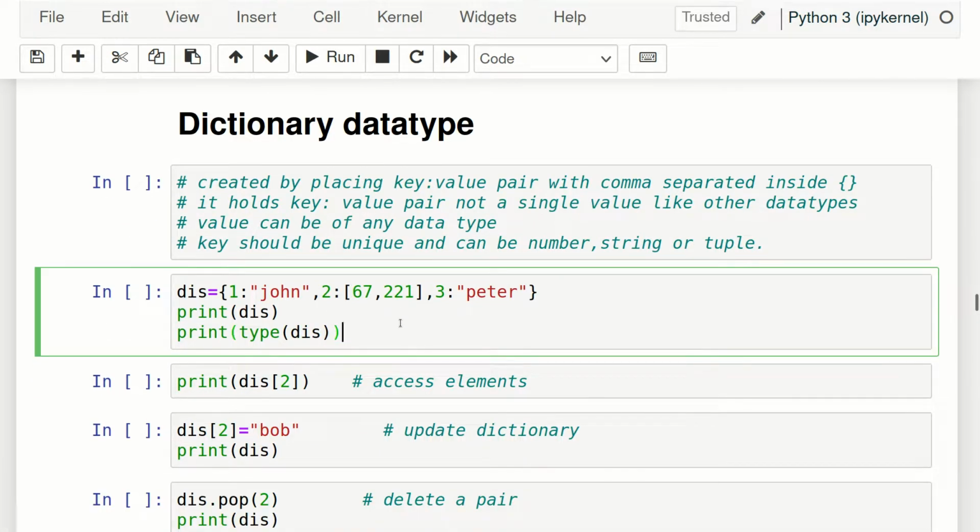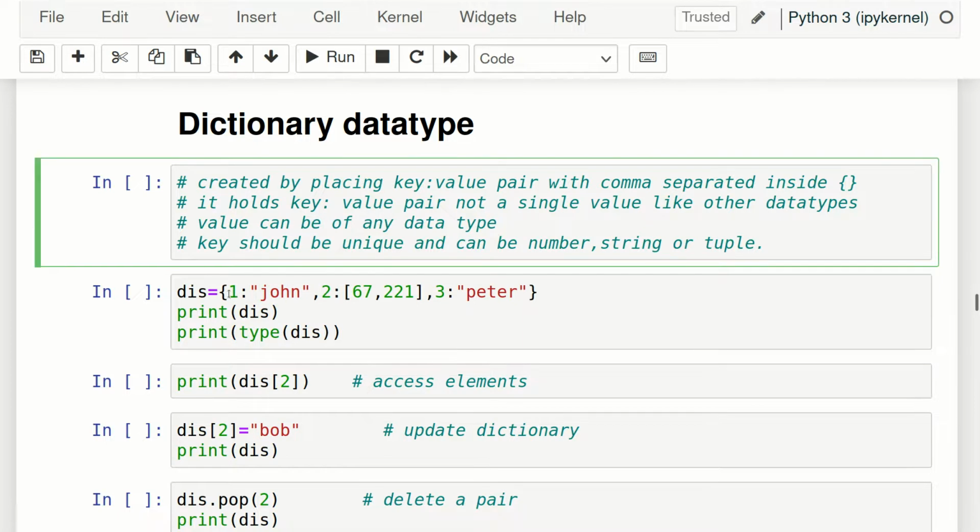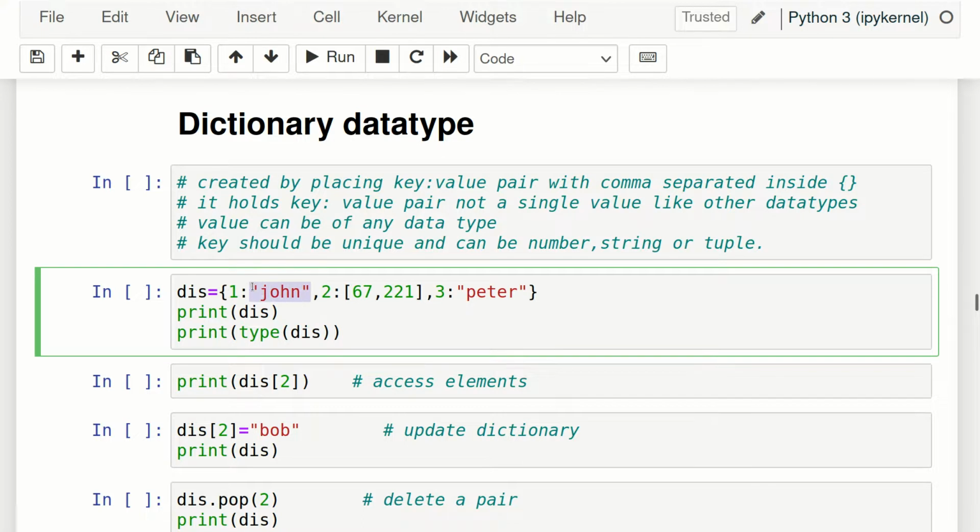Generally we see something like a roll number, and the roll number is associated with a different thing. For roll number 1 there is a particular name, similarly for roll number 2 there is a particular name. So this is very useful if we give a key, so that we can use that key. If we want a value at key 1 or key 2, okay. Now for the key and the value, what data types can we use? The value can be of any data type. The first one is the key, and after the colon is the value.